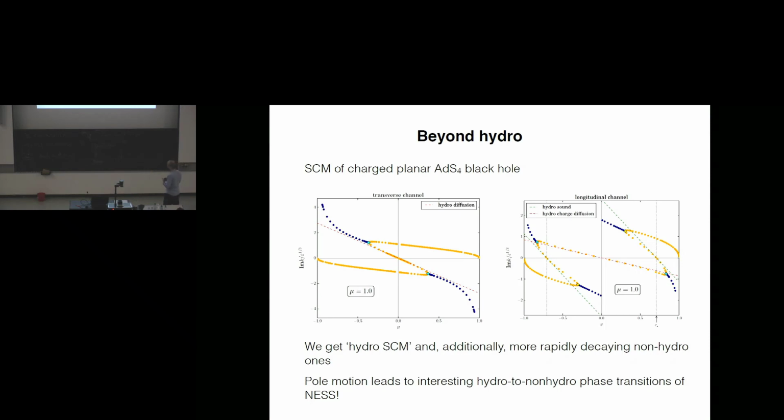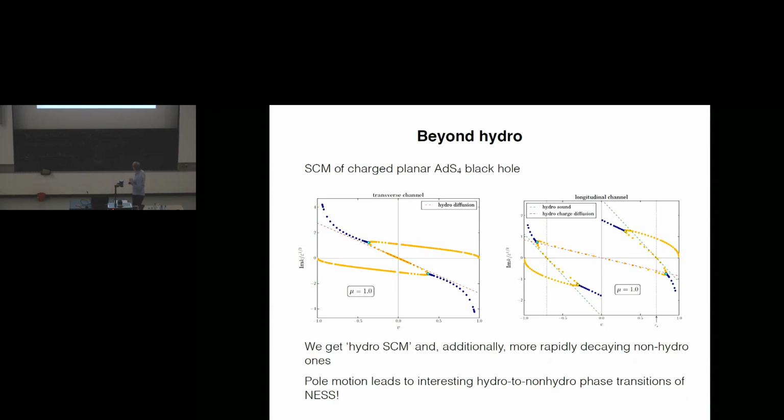Beyond hydrodynamics, we can also study these, for example, using holography. We give boundary conditions that correspond to these boundary conditions in the decay to the right correlator. This is something analogous to studying, say, the retarded correlator in holography. And you can find dispersion relations that include the hydrodynamic modes, this one would be hydrodynamic, this one would be hydrodynamic. But of course, they extend them in the same way that the non-hydro quasi-normal modes extend the hydrodynamics in that case. Now, what is interesting is that due to the motion of these poles and these interesting coalescences, you actually get very interesting hydro to non-hydro phase transitions, just like we saw in the time-dependent case.